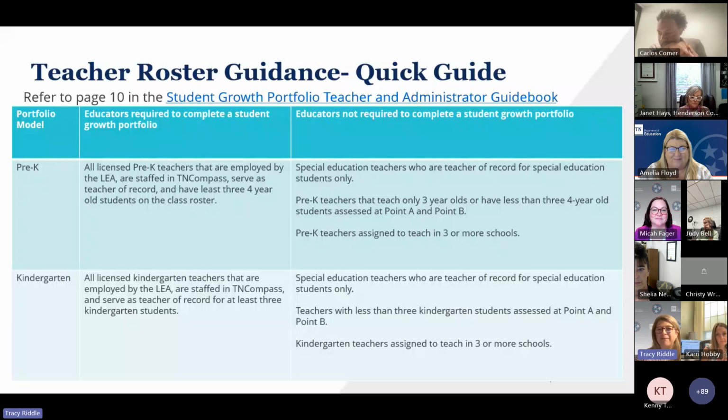So I have laid this out for you in the PowerPoint. As I said earlier, when your district or charter chooses the model, every teacher in your district or charter who teaches in that model is required to do a portfolio. You will notice in the pre-K and kindergarten, and this will go all the way down for all 7 models,